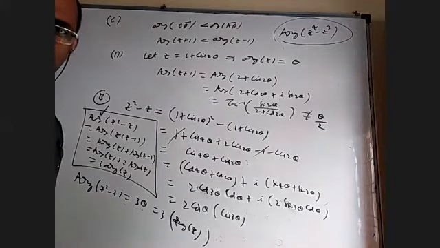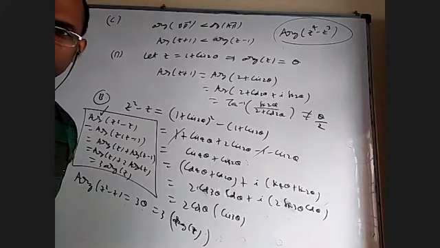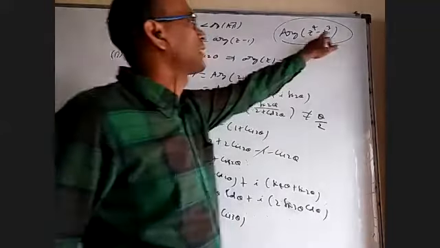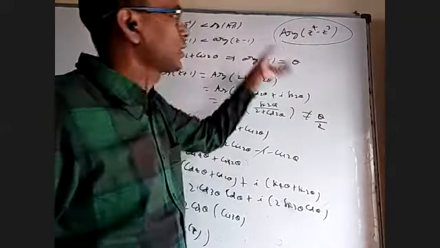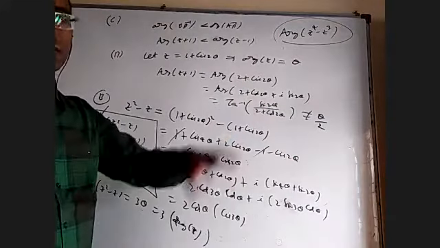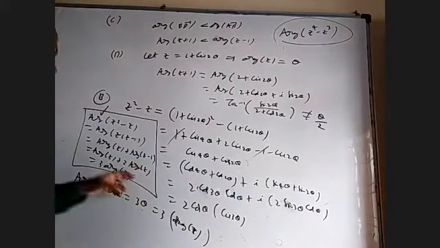If somebody wants to tell, they have to unmute and tell. 5 times? Yes, 5 times. You can take z cube common. You will get argument of z cube plus argument of 1 minus z. Argument of z cube is 3 times argument of z plus 2 times argument of z. It will be 5 times. Okay. So now we can understand the solution more easily. That's the reason.